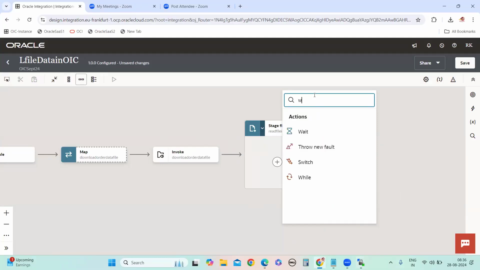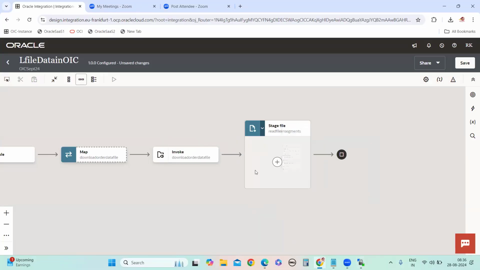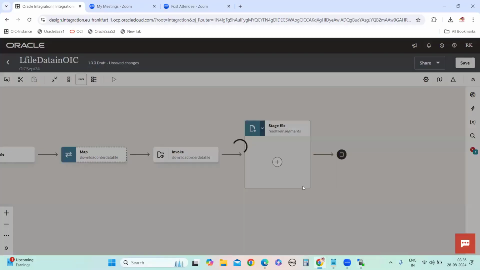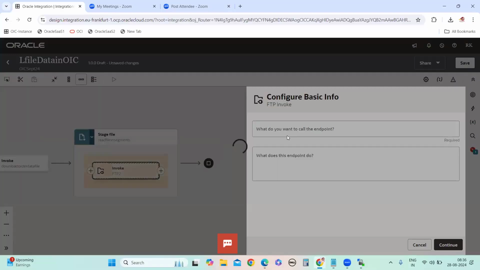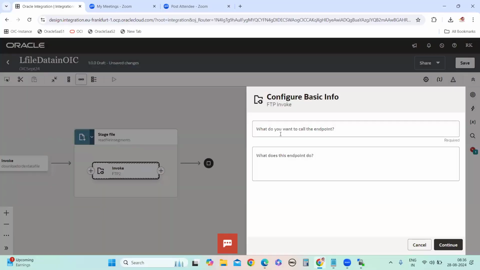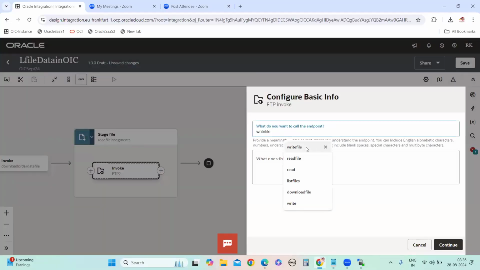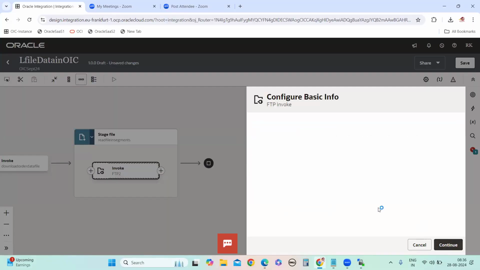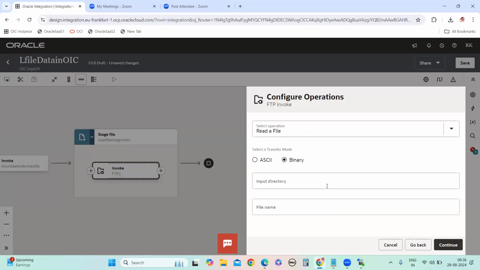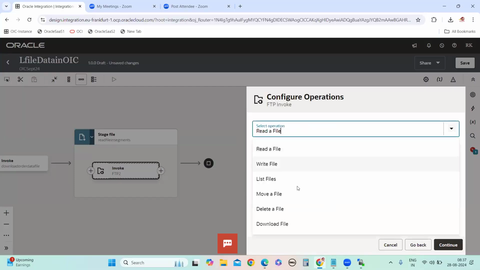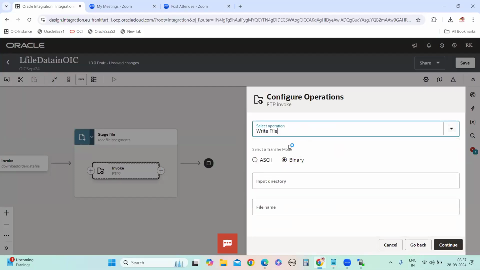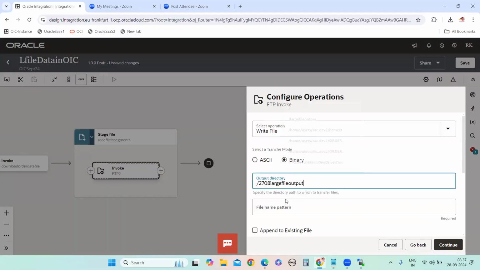So you can use the write file operation. Output directory, this one.